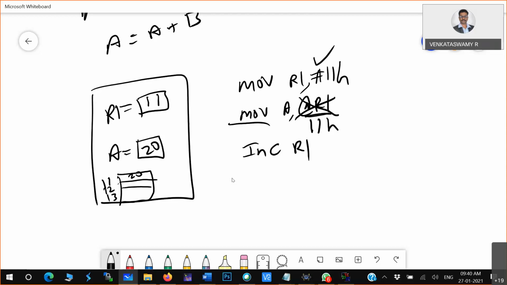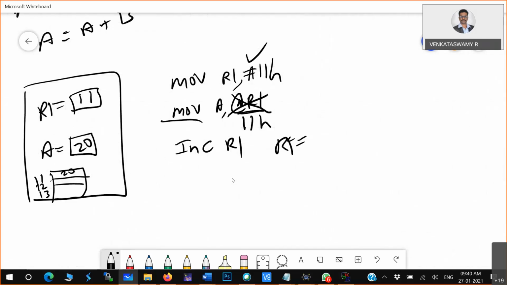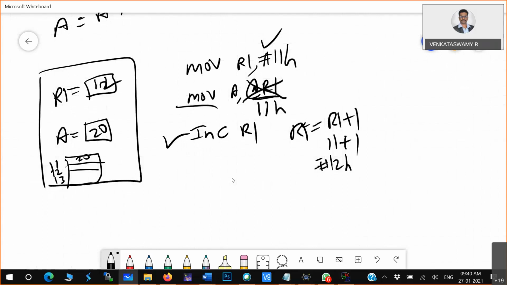After execution of the previous instruction, that state you have to consider. So now R1 is 11. Increment R1 means R1 is equal to R1 plus 1, so 11 plus 1 is 12, as 12H. The 12H will come and sit here after this instruction.